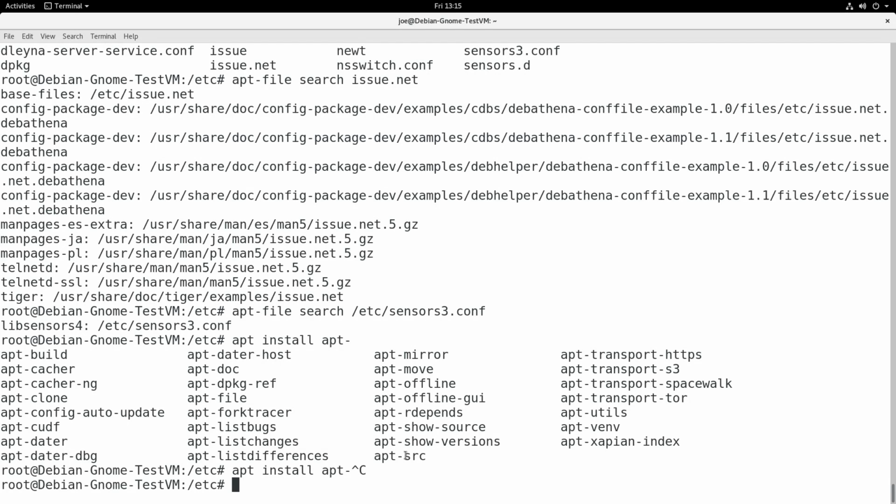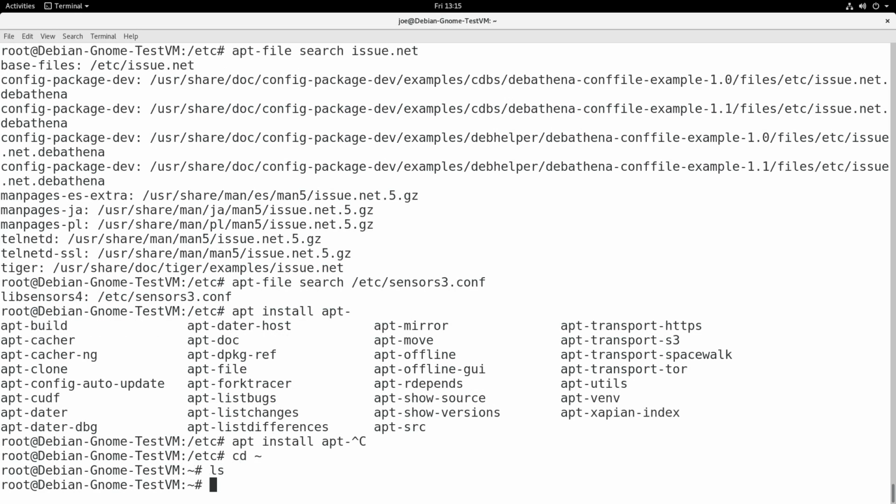So for instance, if you download a .deb file from somewhere and you want to install it, the basic command for that is dpkg -i and then the file. I could demonstrate that by doing apt download, I think. So if I do, let's go back to my home directory. So I'm in root. If I do apt download vim,